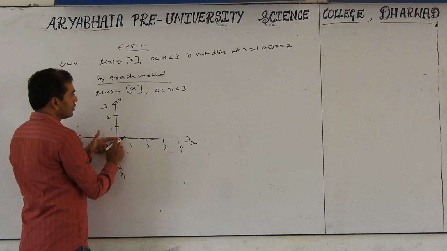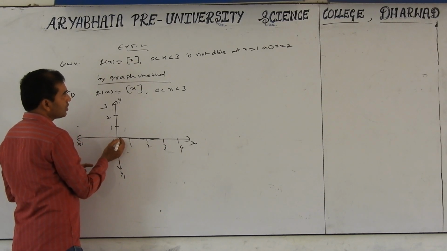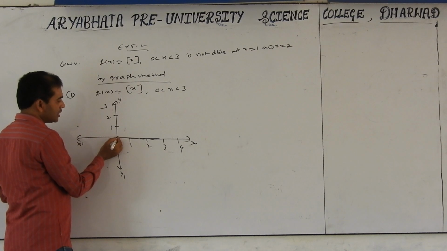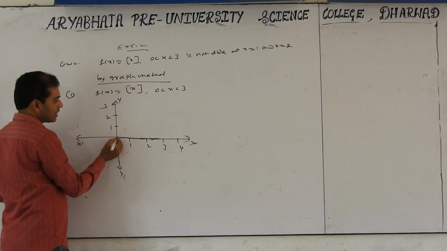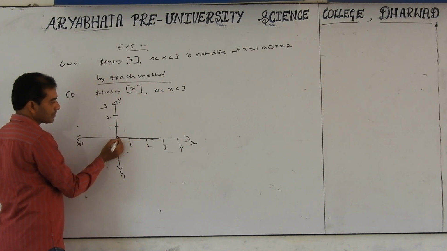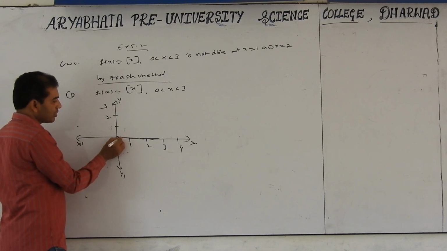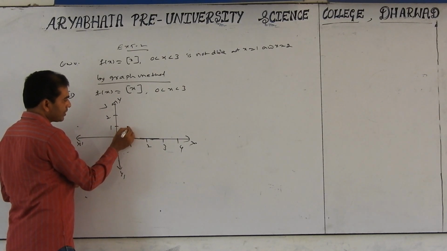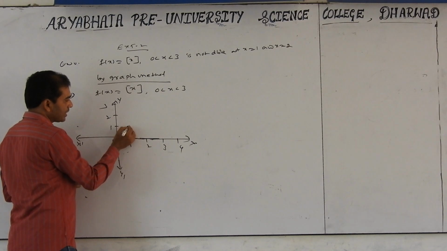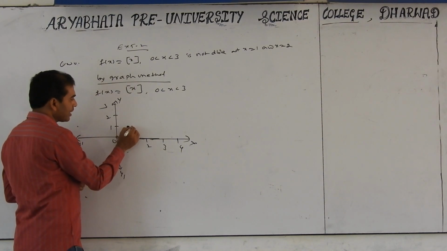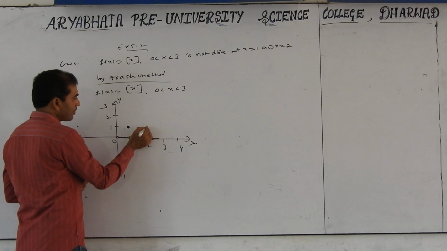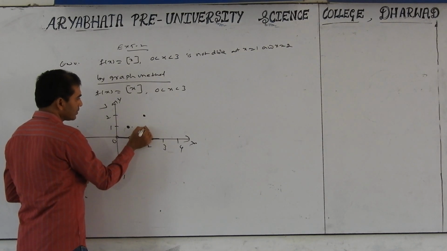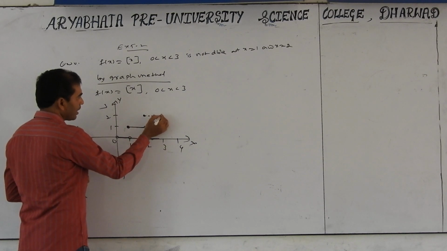Now 0. Don't take 0. Step 0 is 0, but it's not in the domain. Step 0.1 is 0. Okay? 0.2 is 0. Up to step 1 is 1. Step 1 is 1. Close, shade inside circle. 1.1 is 1, 1.2 is 1, up to 2 is 2. So here at 2, 2, 2.1 up to 3.